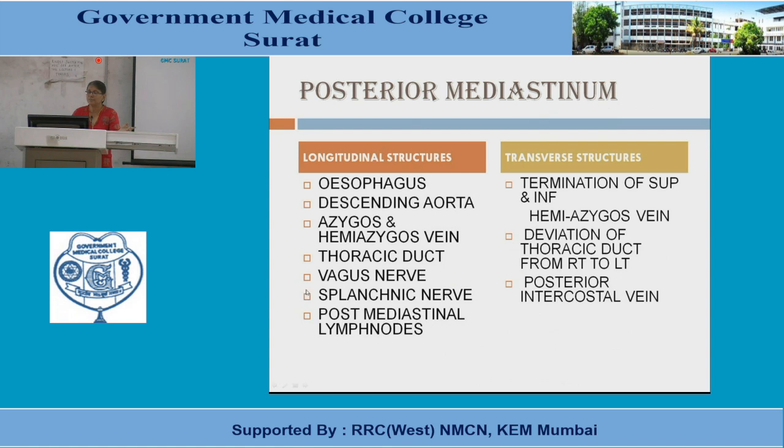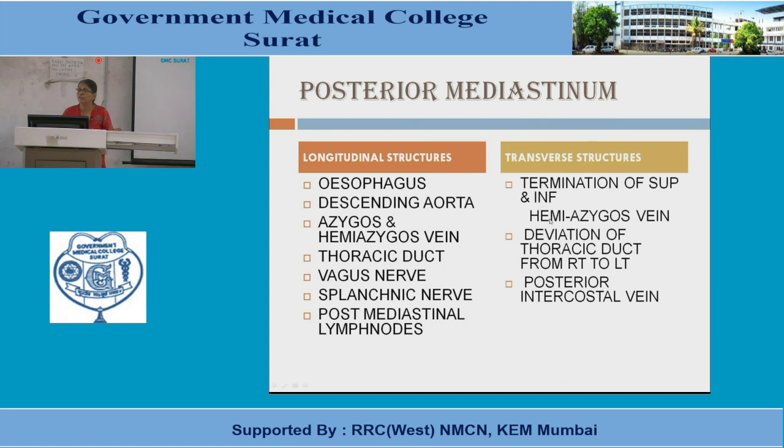We'll see the diagram. The thoracic duct, one vertically running lymphatic duct. Then the vagus nerve; the phrenic nerve will not come here, the phrenic nerve has gone into the middle mediastinum. The vagus nerve, and the splanchnic nerves, greater, lesser and least, arising from the lower 8 thoracic segments. Then the posterior mediastinal lymph nodes. You have seen lymph nodes are in all the 4 mediastinal divisions, different lymph nodes. Here the posterior mediastinal lymph nodes are transversely running structures in the posterior mediastinum.